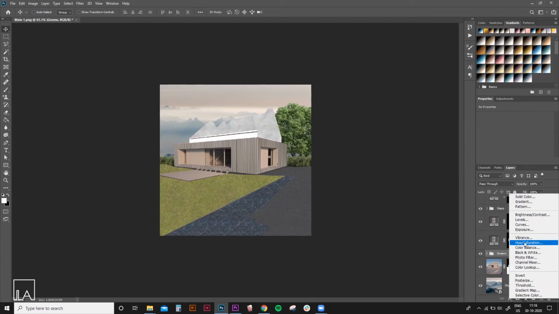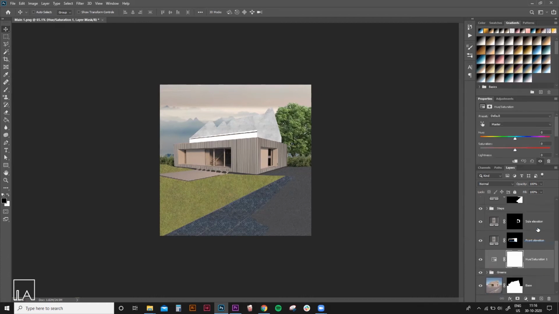Once the group has been created, we can create a new adjustment layer called Hue and Saturation. When I create a Hue and Saturation adjustment layer, you will get a couple of options where you can control the color of the scene with the hue slider. But now you can see that if I adjust anything in the hue and saturation slider, it affects all the layers which are underneath. That includes the sky and the building as well as the trees.